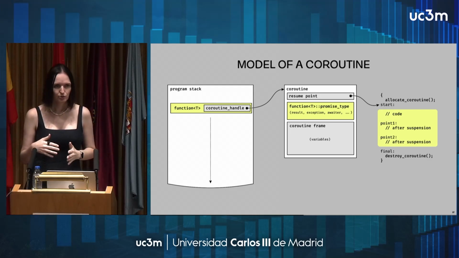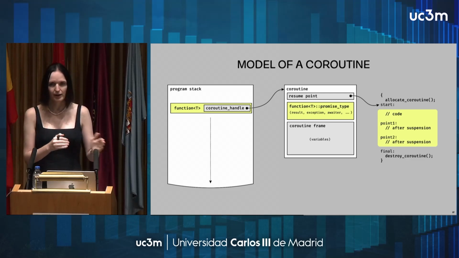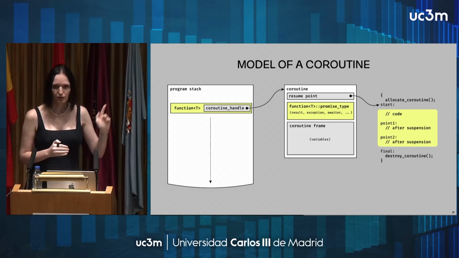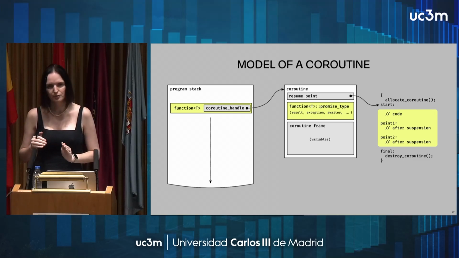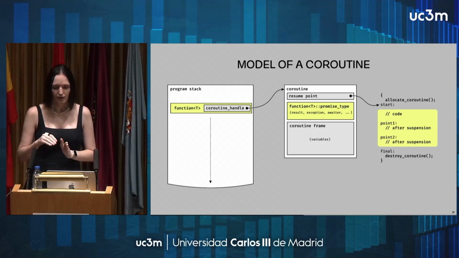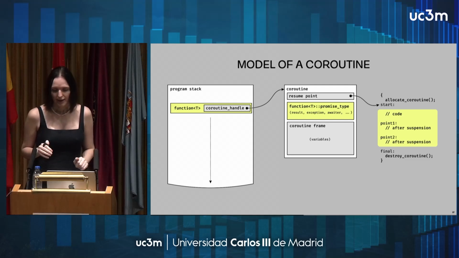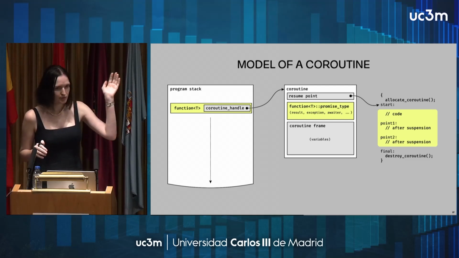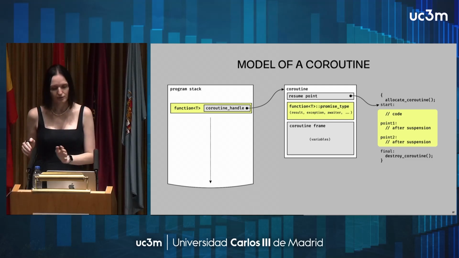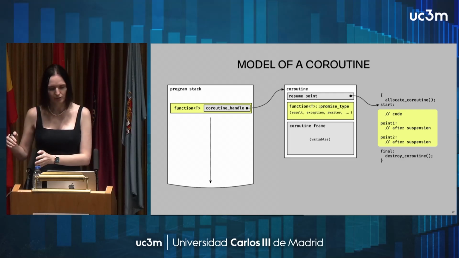suspension. So if you suspend your coroutine and you have variables which are accessed across the suspension points, they will be put in the coroutine frame. If you have variables which are not accessed or visible between suspension points, they won't be there. They will be on your program stack as in a normal function. And the code on the right is just some code somewhere else, and it's static, and the resume point